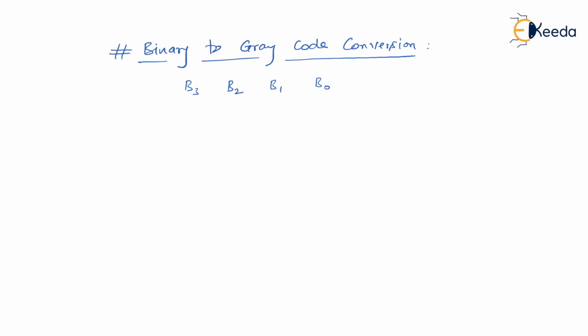But please understand, if the size of the binary code is 4-bit, the resultant gray code is also 4-bit. If the size of the binary code is 3-bit, then the resultant gray code is also 3-bit, and this is vice versa true. If you are converting from gray to binary, if the size of the gray code happens to be 5-bit, then the resultant binary code will also be 5-bit in size. I hope you understood my point. Let us see how we really convert binary to gray. Just try to understand the process. After that, I'll take a numerical and also draw the logic diagram required to do this. Let's see.